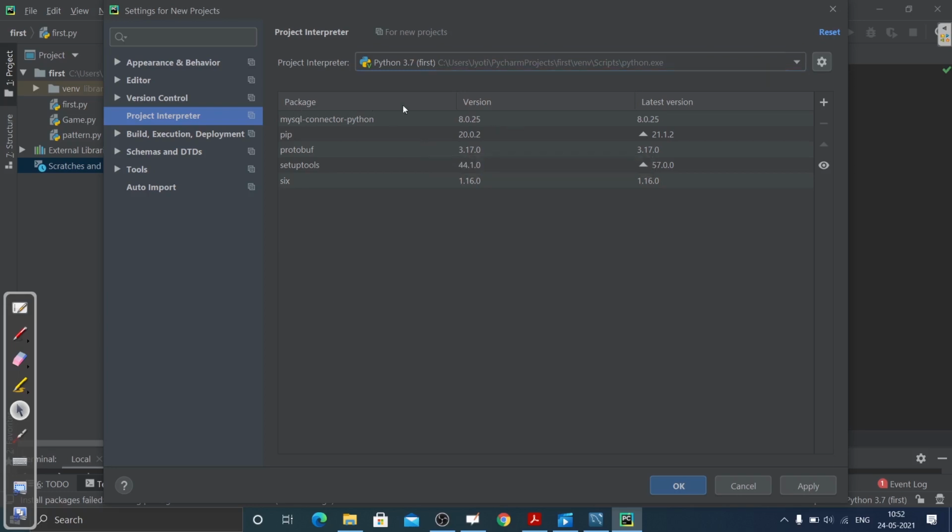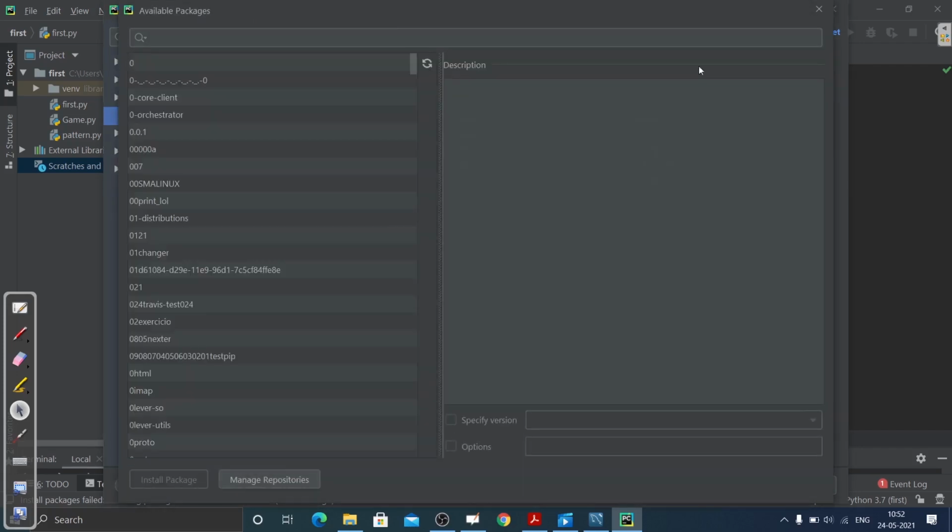Here you can see I have already installed MySQL connector Python. If it is not installed, click the plus icon here, and type MySQL.